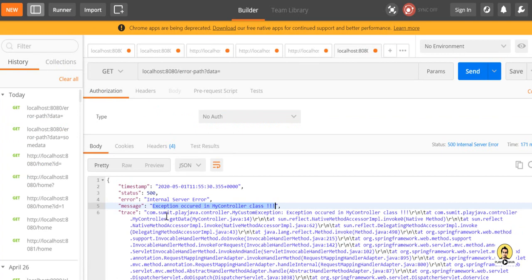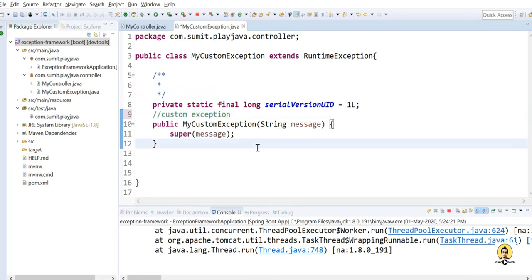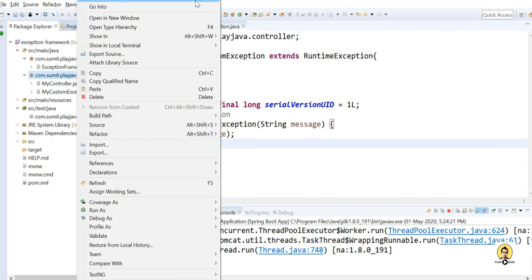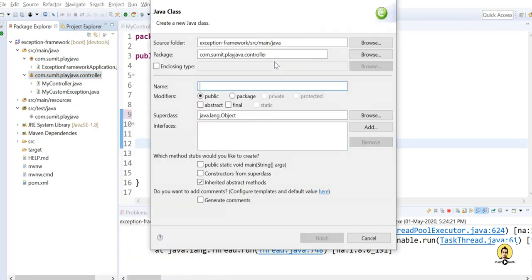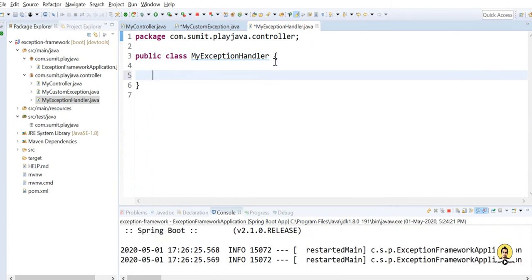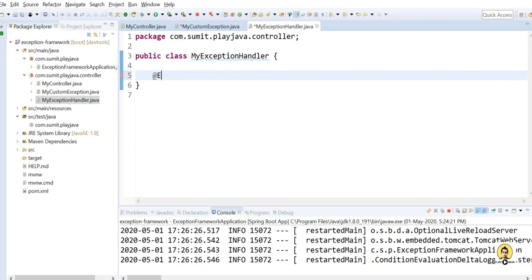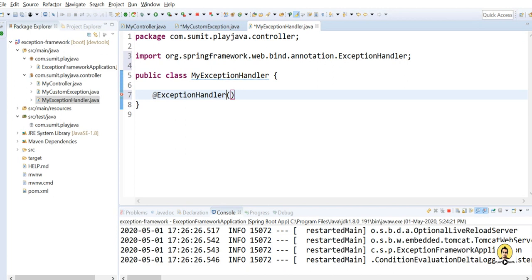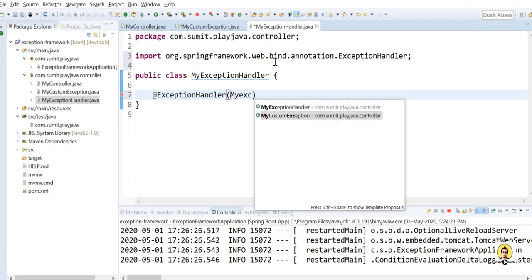To handle this, so as not to show this whole stack trace, we just want the error code and the error message. And to handle all these things, we need to provide a framework. So things are done in a real-time project with not only the creation of a custom exception, but a whole framework. For that, I've created a handler, my exception handler, in the same package, and I will annotate it with @ExceptionHandler.